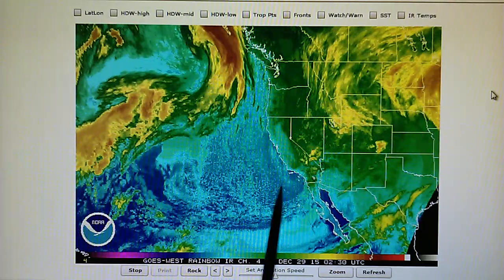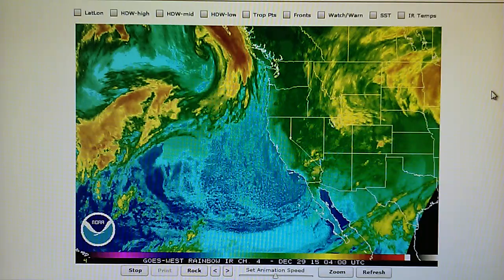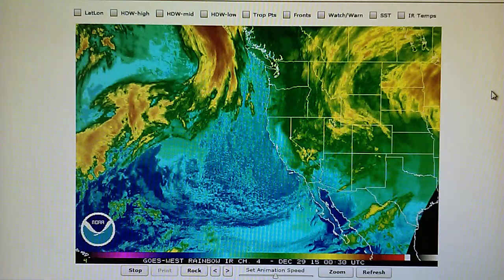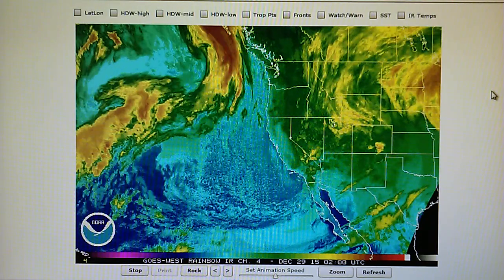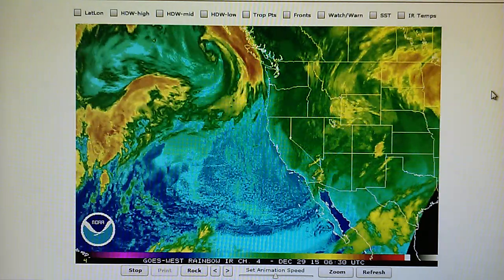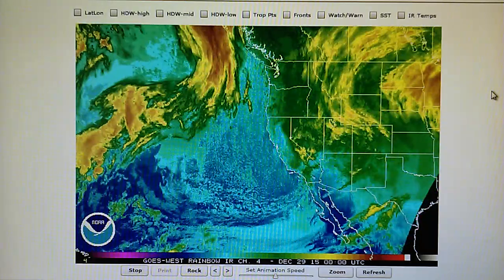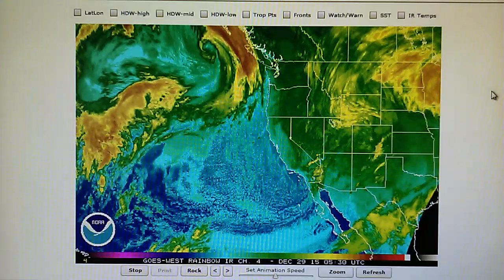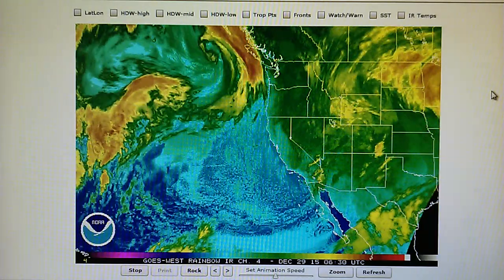Now in the LA area, it seemed like it was going to rain today. Early this morning, we had partly cloudy skies, and I could see a lot of chemtrail mixed in above the real clouds that were moving in. It was very cold, very damp, around 52% humidity, and it seemed like rain. It's been very cold, and it seemed like it should have rained today, but it did not, and that's because